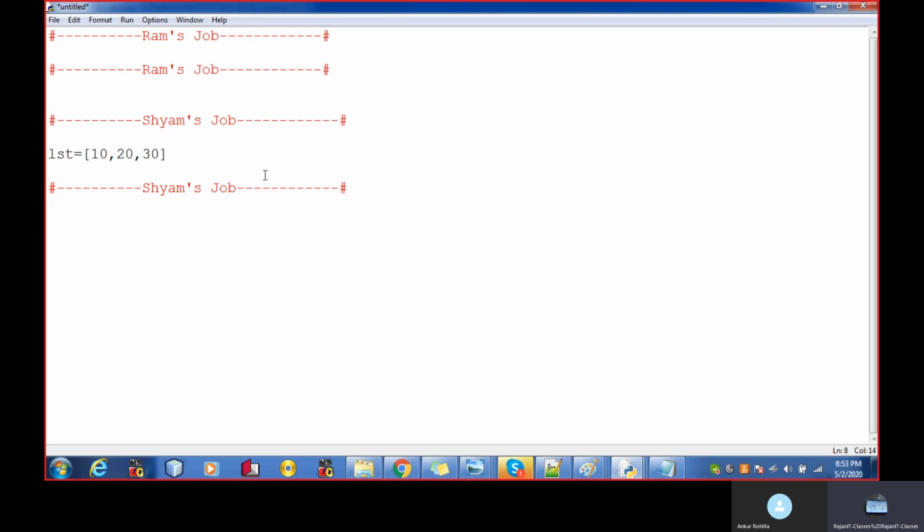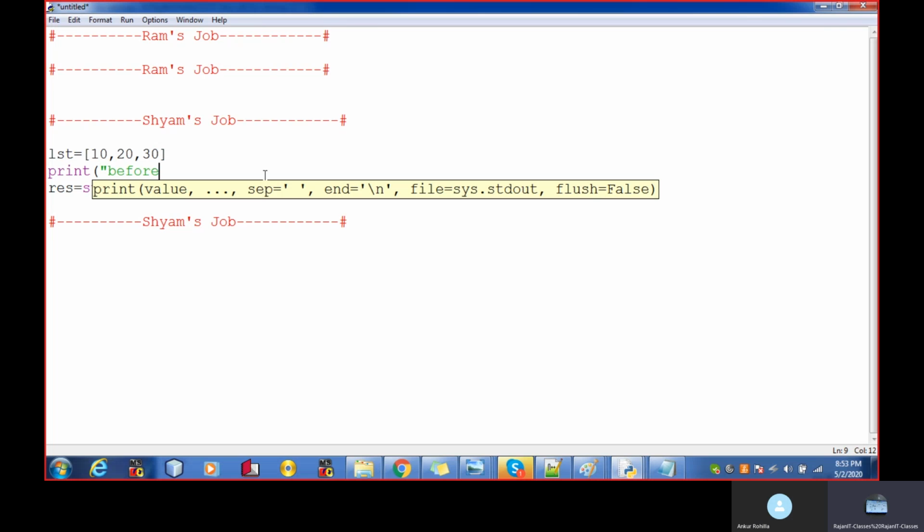The LST variable is the array variable. At the 0th box we have 10, at the first box we have 20, and at the second box we have 30. I'm calling result is equal to sum, and I will print before calling the function.